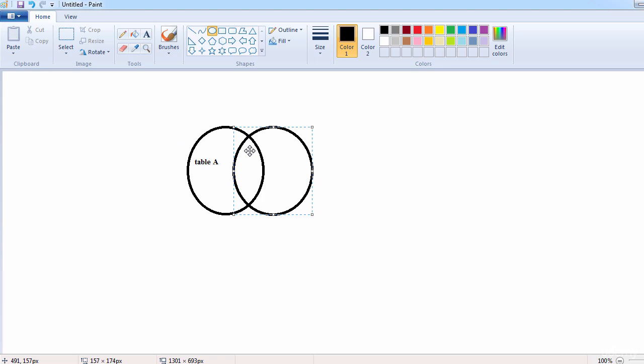As we have just said, two tables are going to have some common data when we join. So this common area represents the common data between these two tables, and this is called the inner join. Now if we take the common data and the table on our left hand side, then this is going to become the left outer join. So let me pick some color and let's drop it here. So this is going to be the left outer join.